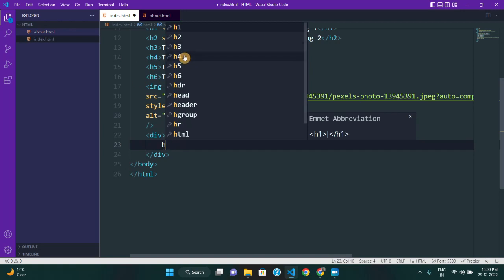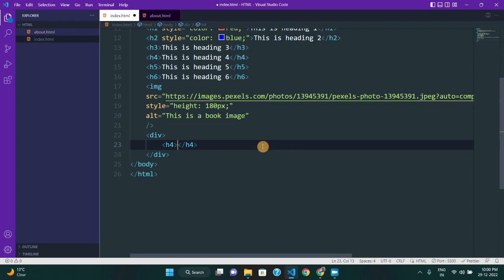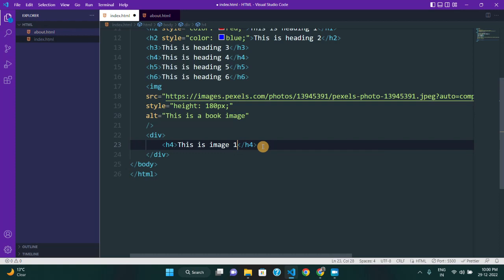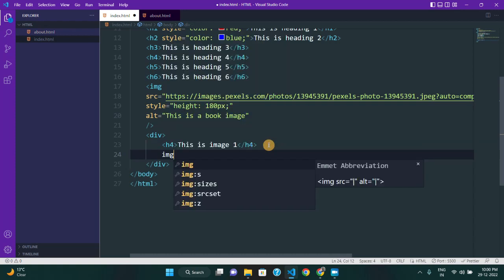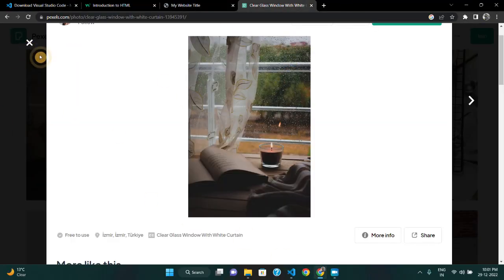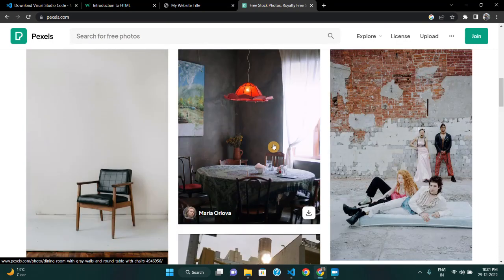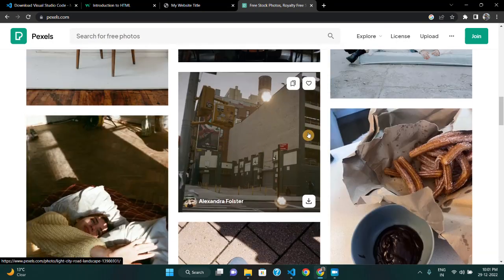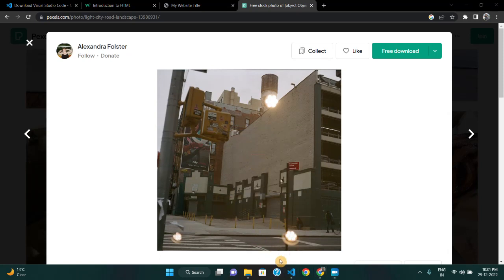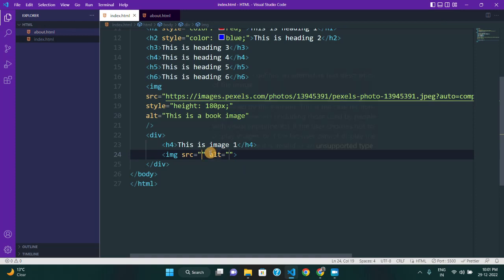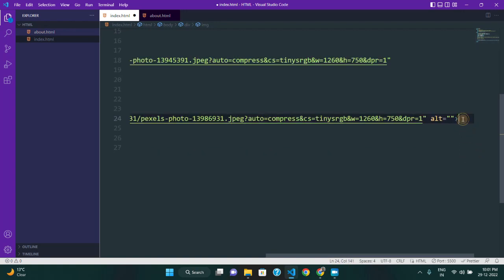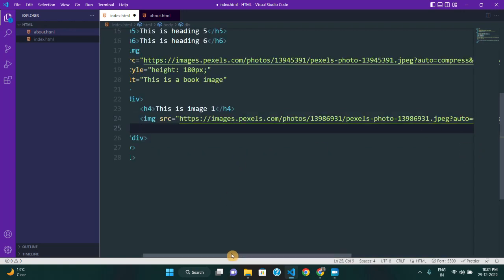So let me give this here, h for heading, and let me write that this is image 1. Okay, and here let me write the image tag as well. Let me go to my browser, and let me close this. Let's just say I'll be picking this image. All right, so let me copy the address of this image. Let me come here, and as you all know, I need to paste the link inside this src or the source attribute. Okay, so now my image tag is completed,